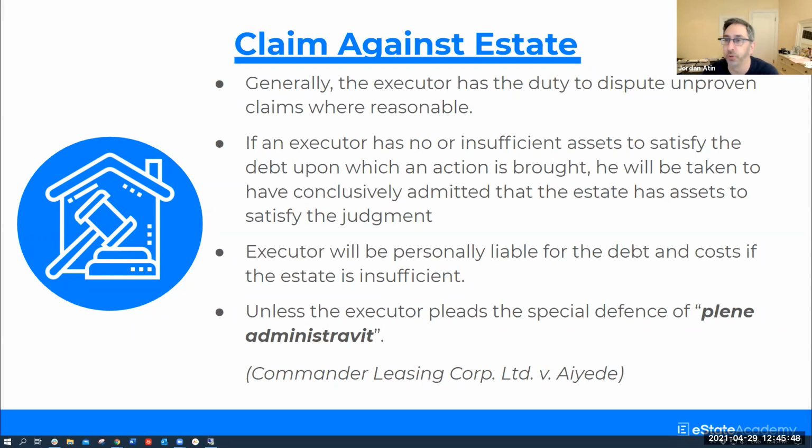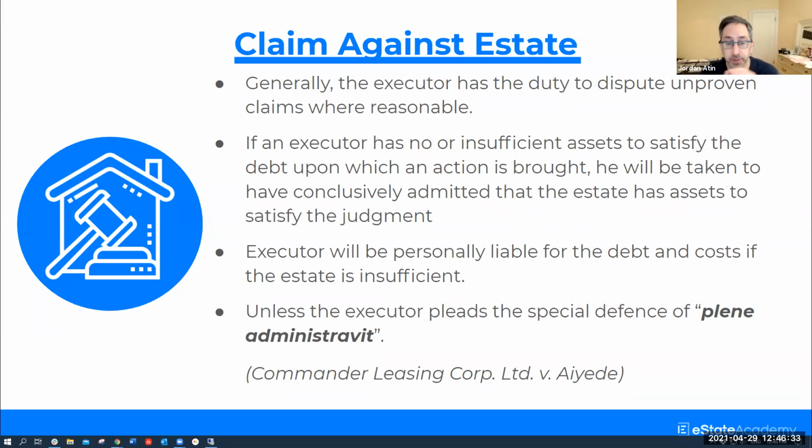that there's a general rule that unless there's a special defense pleaded by the estate, it's assumed that the estate has enough money to satisfy a judgment on the claim and costs. So the executor is personally liable if there isn't enough. So this is one that can catch an executor if they're involved in litigation. So it's really just a heads up that if the executor is ever sued and you're acting there, there's this plene administravit, that's a special kind of defense that says, I'm telling the plaintiff that we don't have enough money to satisfy that judgment. So just so you know,